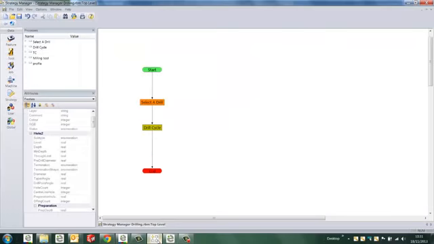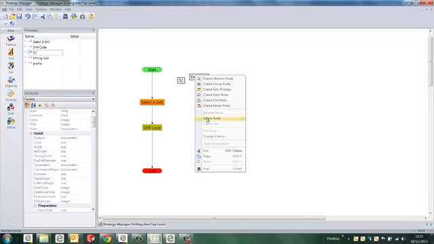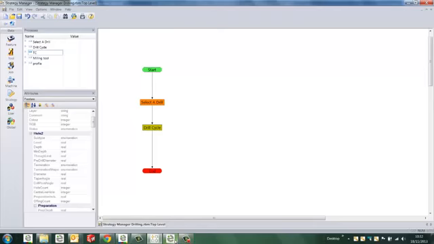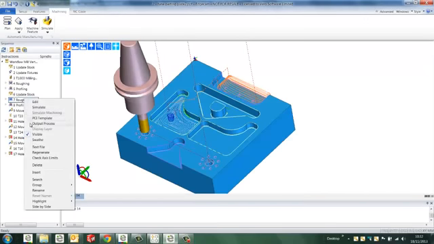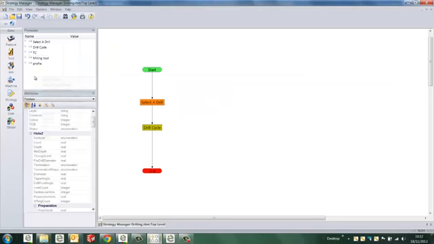Let's have a look at a strategy within the Strategy Manager application in its most simplistic format. Here we've got a simple drilling strategy. So we begin, everything's flowchart based. So the strategy begins at the start. We select a drill and then we execute a drill cycle. And these commands are basically drag and drop into the flowchart area, as we see there, and these commands are coming from inside Edgecam. Basically all we do is we copy and paste into the Strategy Manager application,